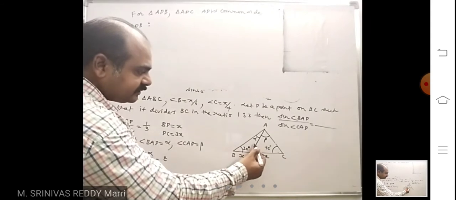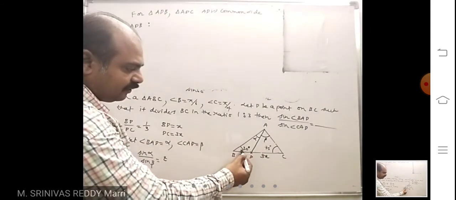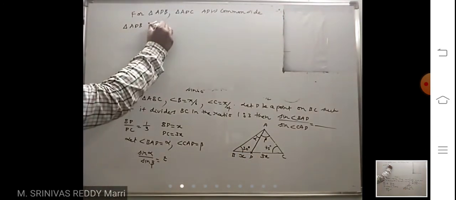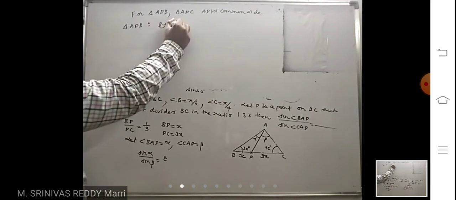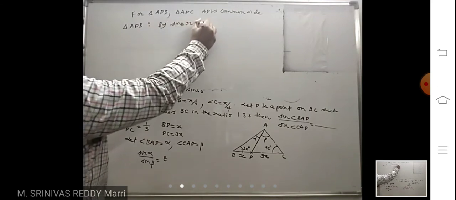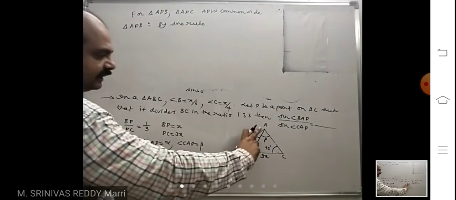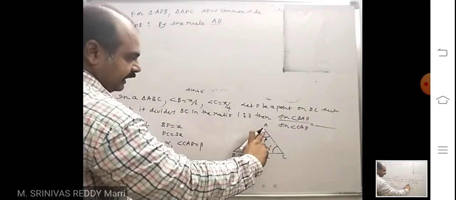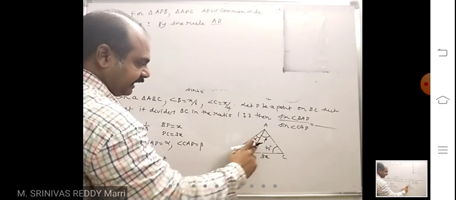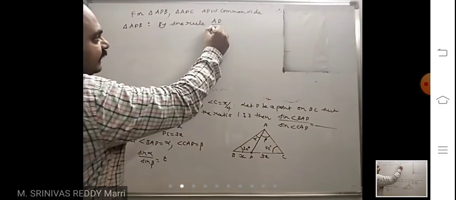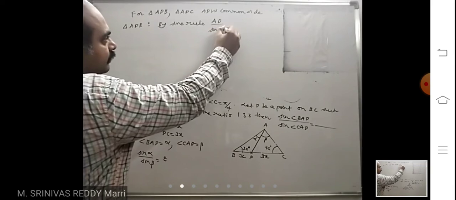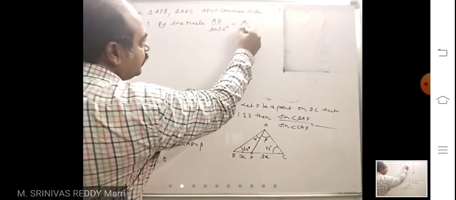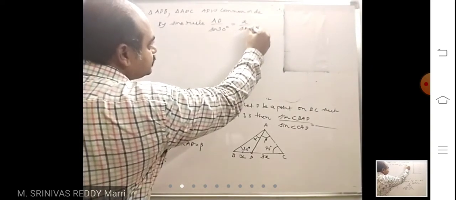Look at, opposite to that angle, you know this one. So this side x, you know, this side alpha, you know. Now by sine rule, I am applying sine rule. What does sine rule say? AD, the side length, divided by sine of the opposite angle equals this side length divided by sine of the opposite angle.